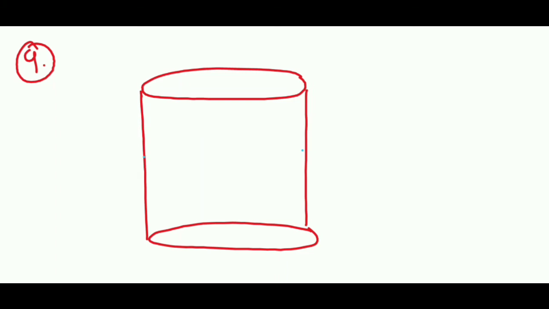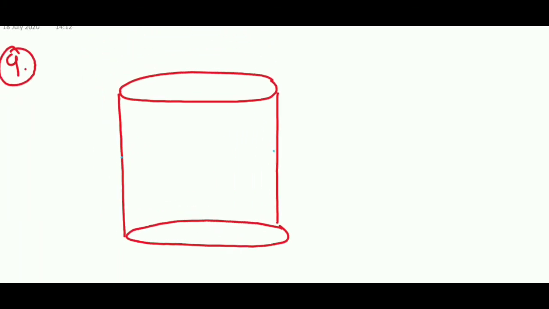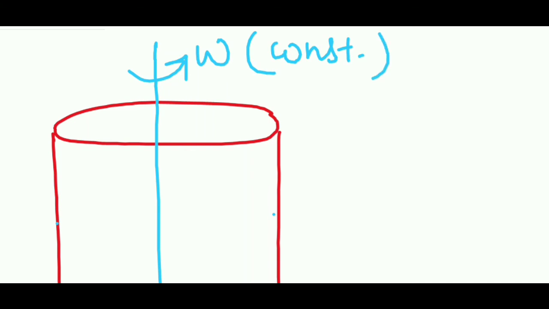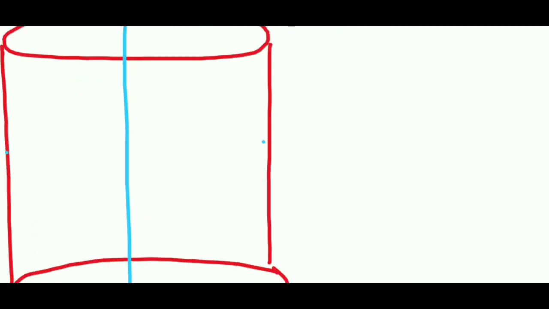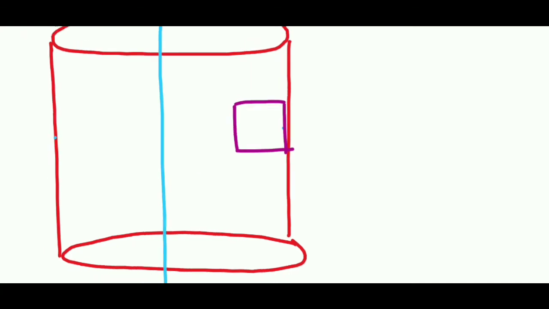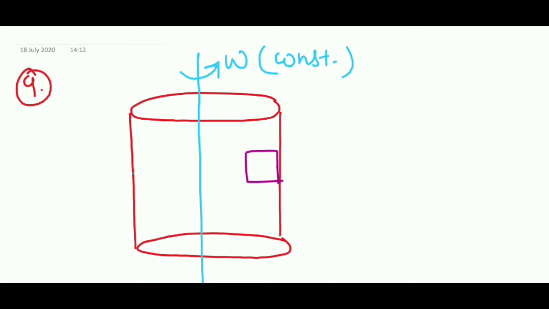But over here we are not making a bike move. What we are doing is revolving, or rotating, this death well itself. This death well is moving with omega, which is a constant. It's not varying. There is no alpha, only constant omega. And we have kept a box over here on the wall. This box is not attached to the wall of this death well. They are not fixed, not glued with each other.